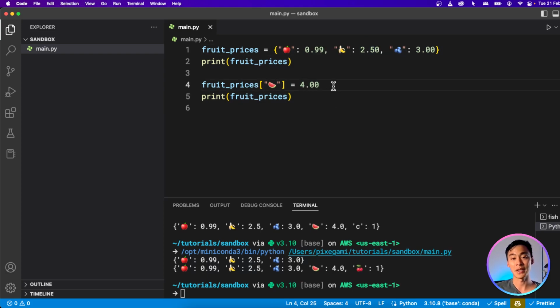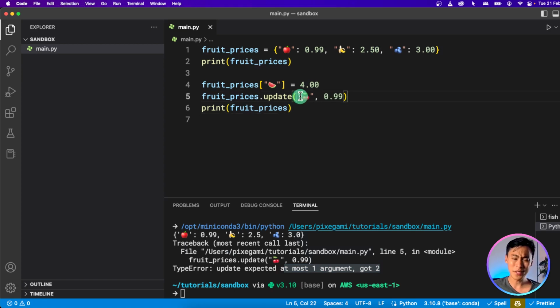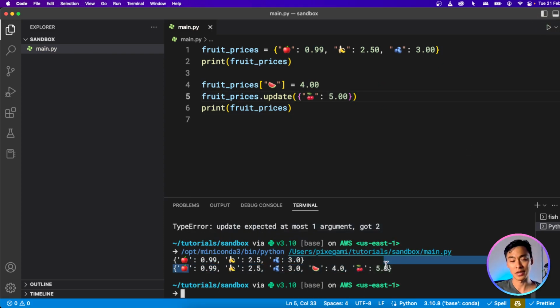Now let's also try updating a dictionary using the inbuilt update method. To update something in a dictionary, we actually have to pass in another dictionary. I can create another dictionary, or I can inline it, which means basically just create the dictionary within the scope. And I could do that just using the curly brackets again, except that I'm just creating it here and only using it here. So now if I run this, and let's say I make the price 5, and this is actually going to be a dictionary, just like this one. I run that, and now that works. So this update function will add whatever is in this input dictionary to this original dictionary.